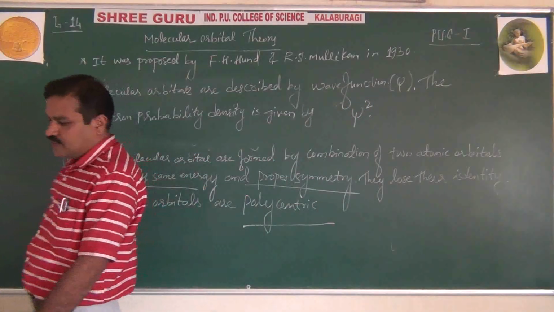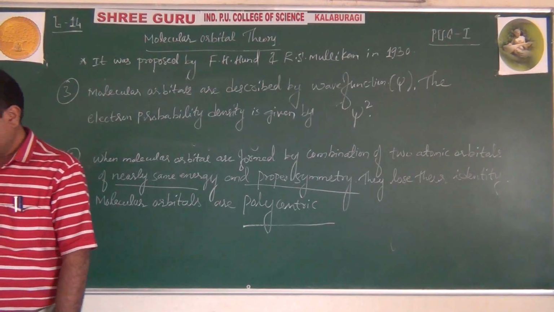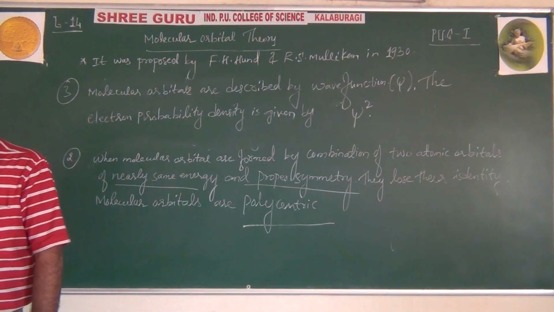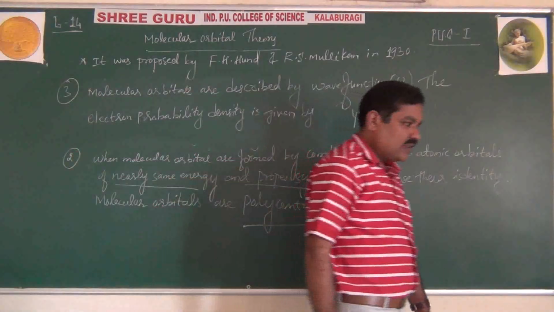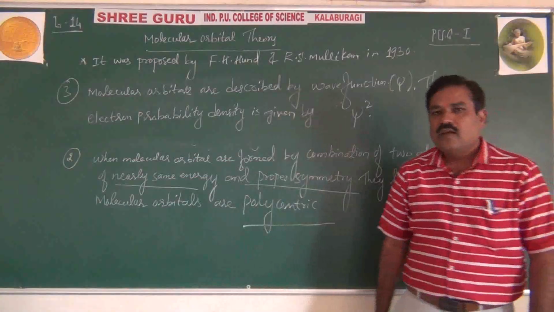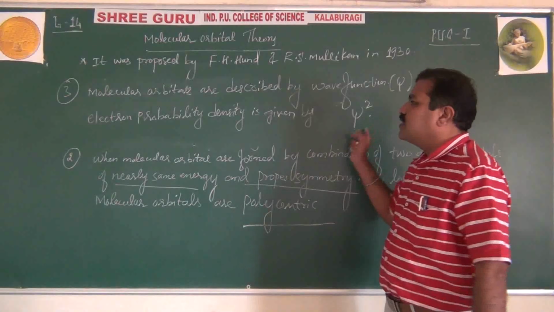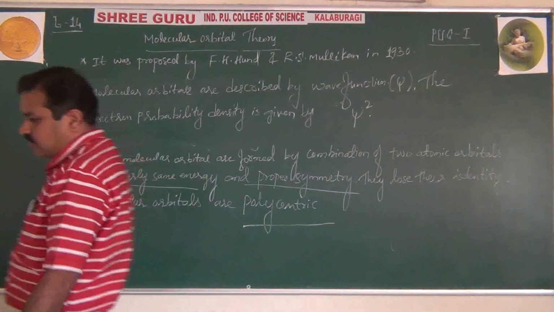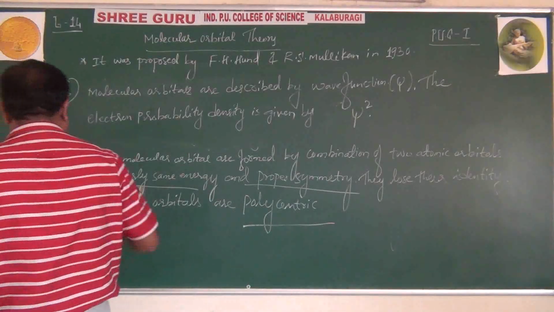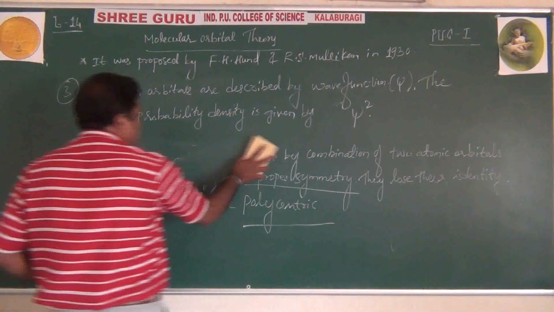Psi gives you the wave function, but the electron probability density is given by the square of the wave function. Right? Then another important character: